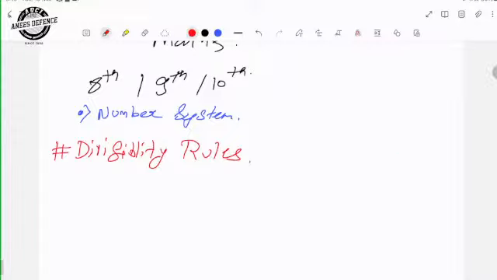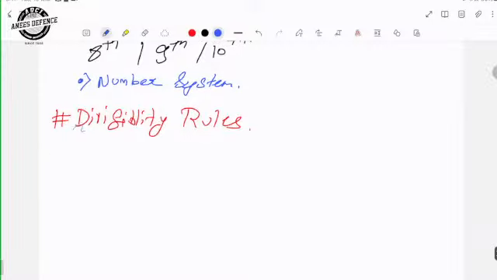Okay. So starting with the number two, the first number is 2. So we'll start with the number 2. See, if the last digit is even or 0, then the number is divisible by 2. That means if in any number,